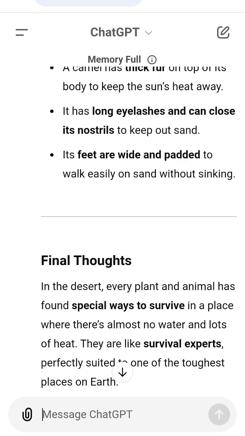Final thoughts. In the desert, every plant and animal has found special ways to survive in a place where there's almost no water and lots of heat. They are like survival experts, adapted to one of the toughest places on Earth,